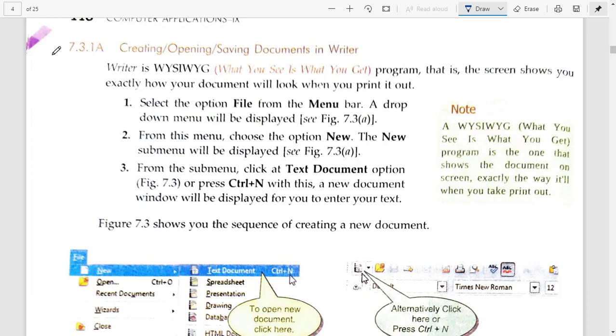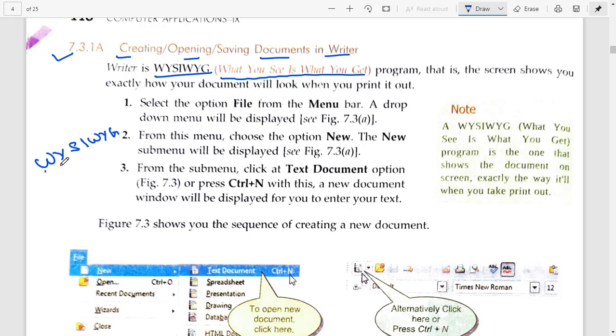So here we have to discuss the first point, that is creating, opening and saving documents in Writer. Well, Writer is a what-you-see-is-what-you-get program. There is a term that we use, that is WYSIWYG.